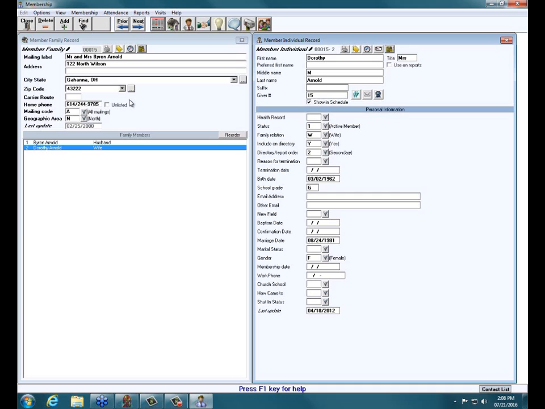Okay, so I want to spend a moment here talking about some of the other types of searches you can do to generate the grids. One that we always like to point out to folks is how to locate all of your folks that have what's called a reason for termination on their record. That reason for termination field right there